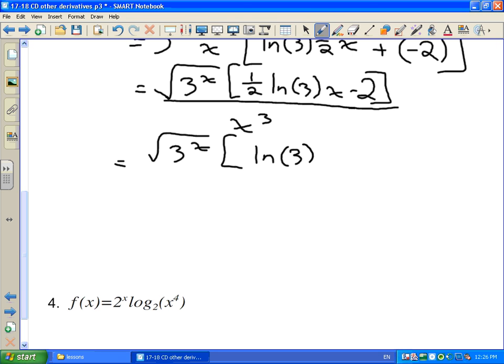I have ln 3 times x minus 4, because I've taken out a factor of 1/2, which doubles that 2, and then I get a 2 down here. But yeah, at this point, I'm more interested that you can do the logarithmic and apply the chain rule correctly. Okay. So I think that's a good place to